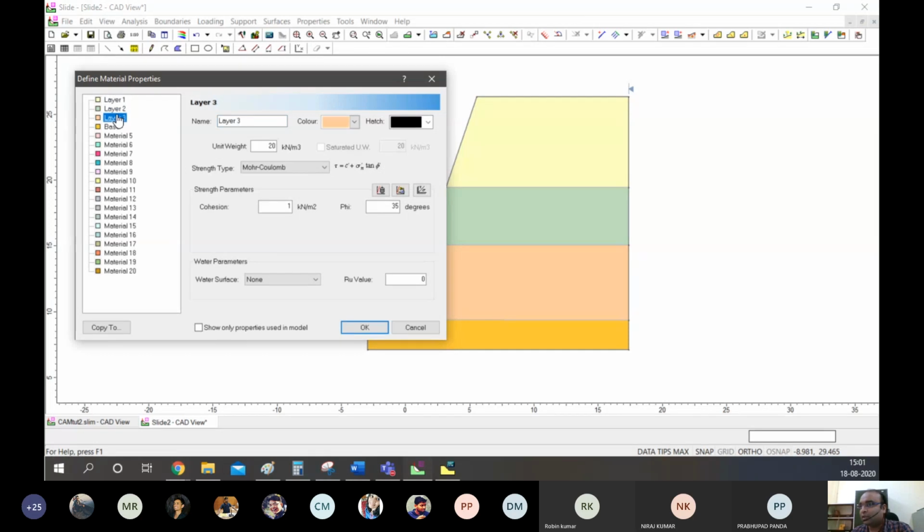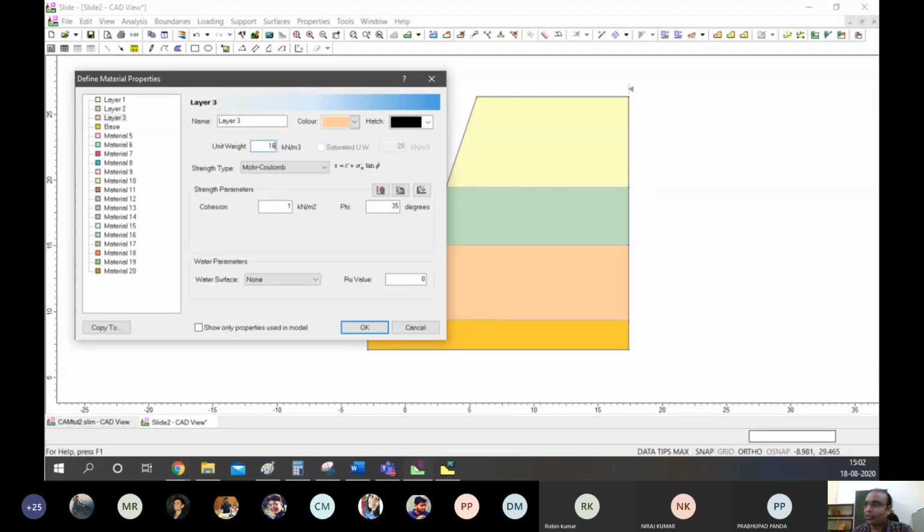So let's put that in terms of unit weight as well. So compaction wise, let's put this as 16 kilonewtons, or maybe 18 here, and let's put that as 17.5, and the last one as 16.